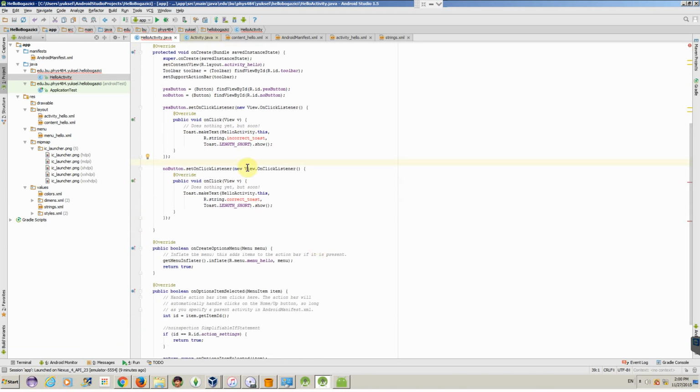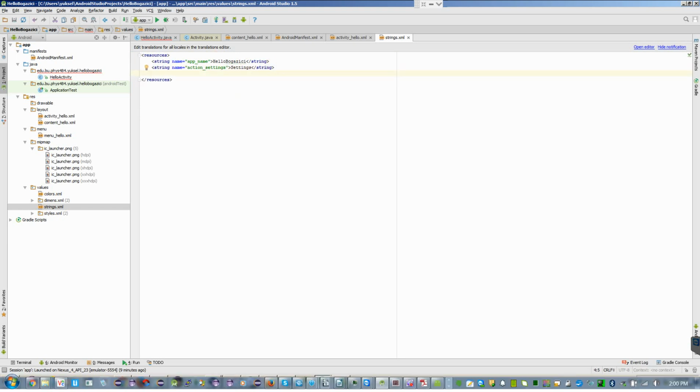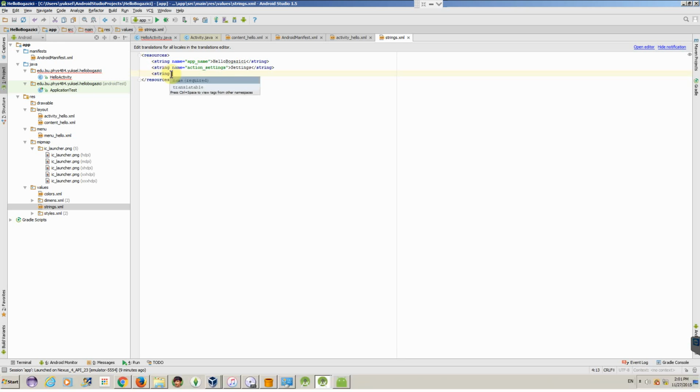Now what's happening here is that I'm assuming that there are two string objects, incorrect host and correct host, but they are not defined. So look at the values subdirectory and strings class. I need to define them right here, and I'll just copy and paste from my earlier implementation. The way you do this, or let's actually do this. This is an XML element. You say string name equals